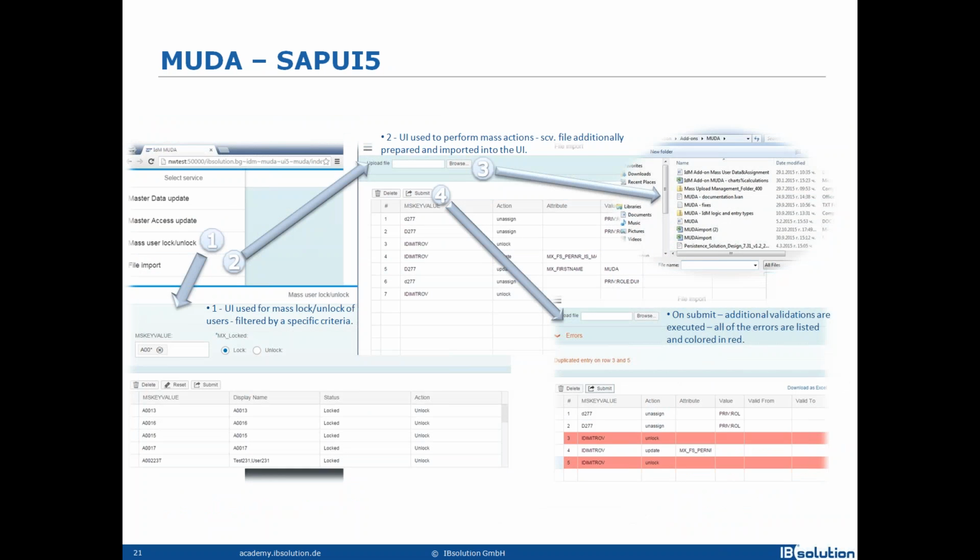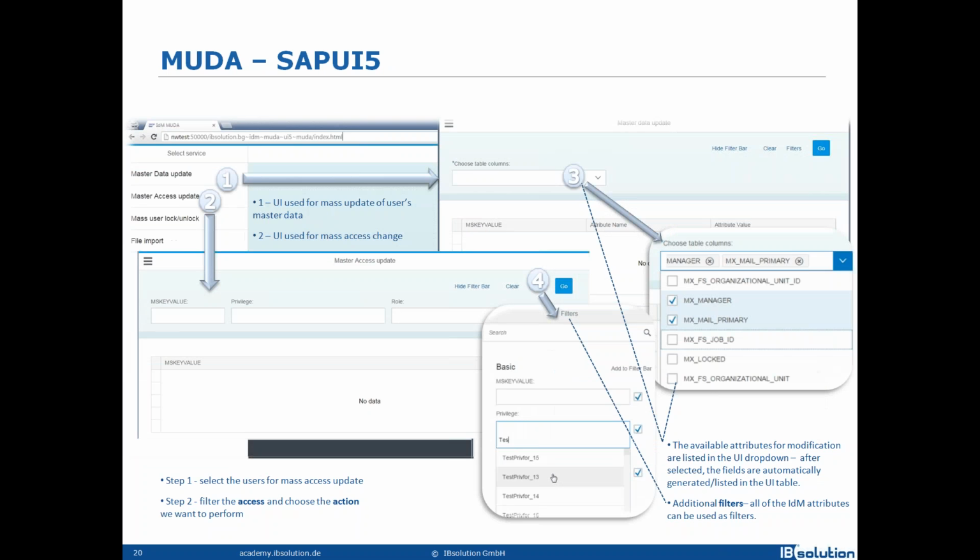Here is how this add-on looks on SAP UI5. As you can see, we have 4 options here. The master data update option, from where we can select a number of available attributes.